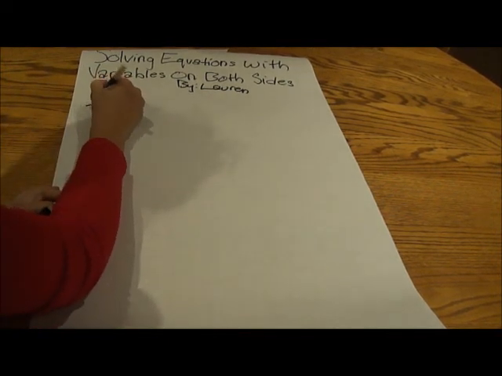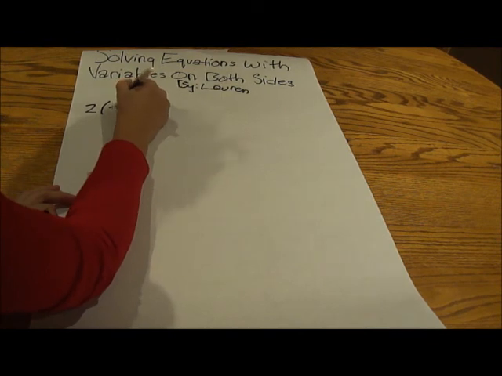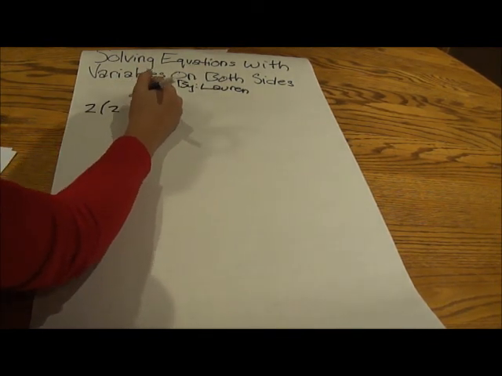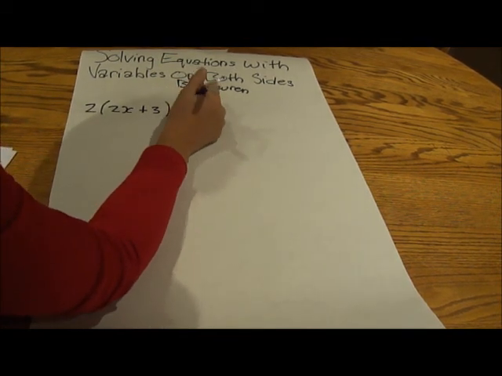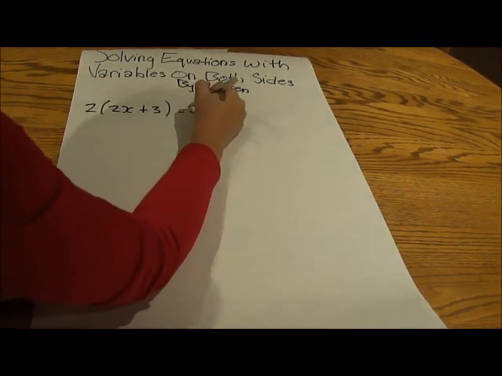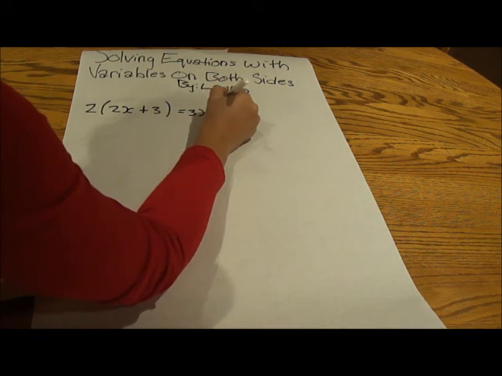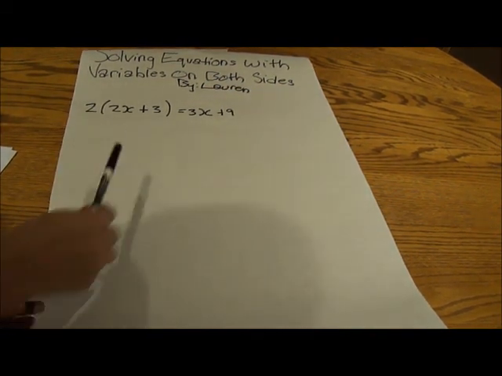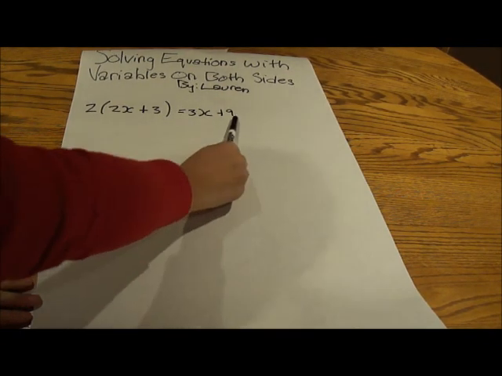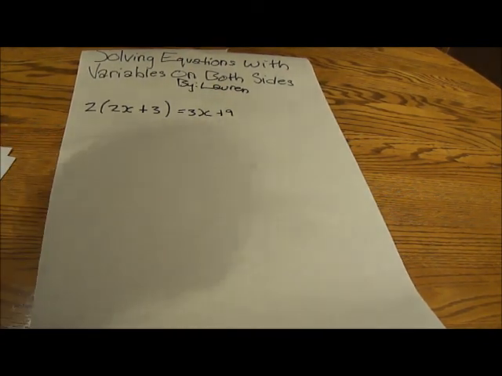Why don't we start with 2 bracket 2x plus 3 close bracket equals 3x plus 9. As you can see in this equation, there are variables on both sides of the question. Now we start this off using the distributive property we learned